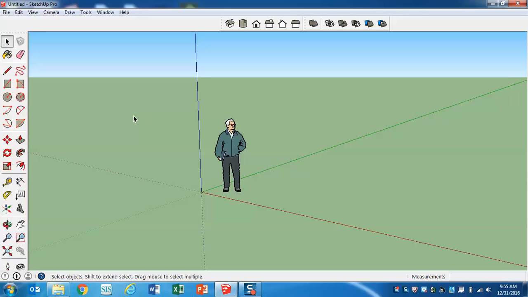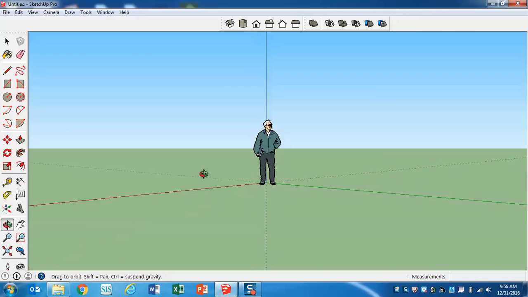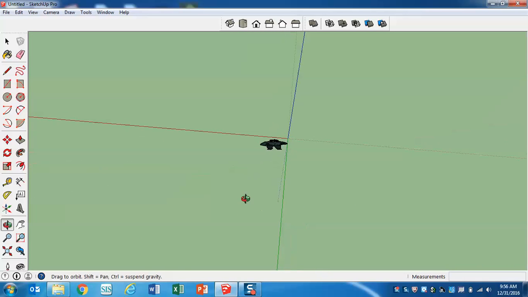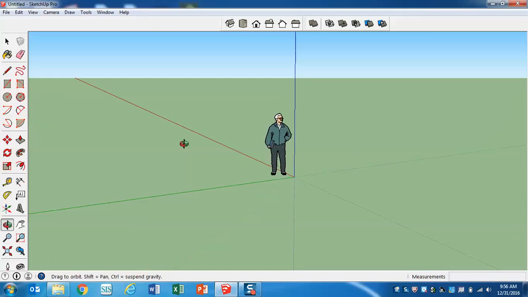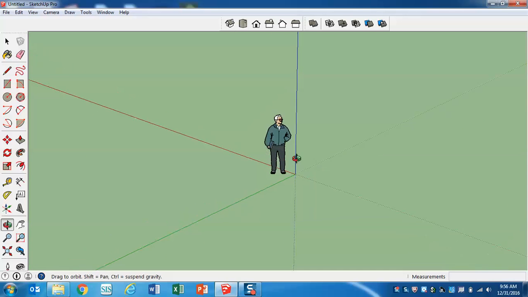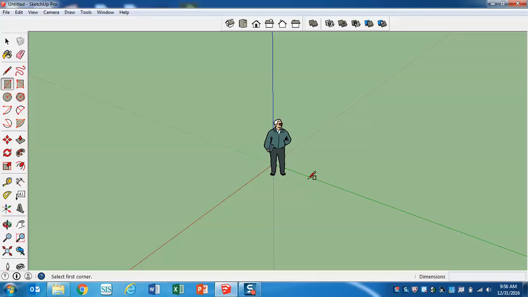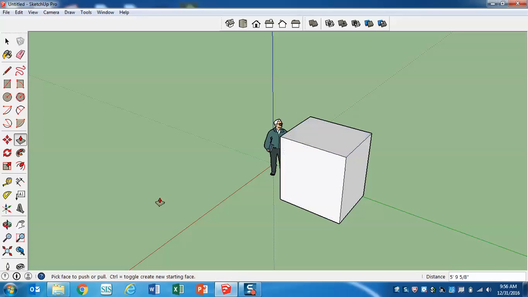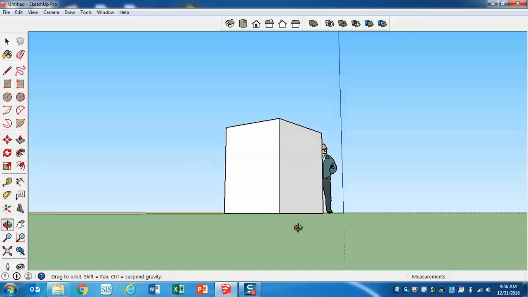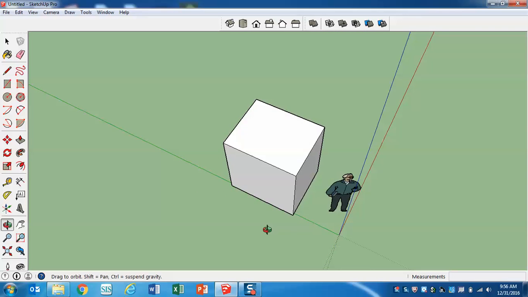Now, a couple of things about moving around within SketchUp that I'll point out right now are down here. We've got the orbit tool, which allows you to click and drag the screen around and look at things from different angles, different perspectives. This particular model doesn't rotate, so it seems kind of weird because it doesn't move. But if we draw something in here, like I'll just draw a box. Okay, we can see that we can move around that box and look at it from any angle with the